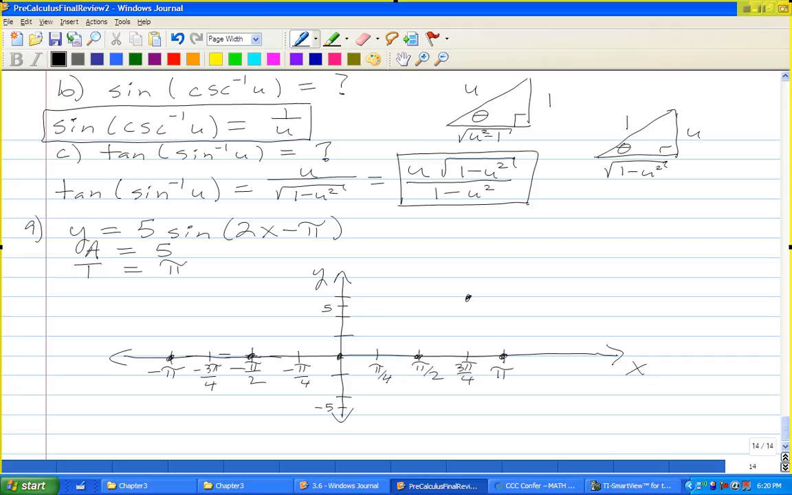So at 3 pi over 4, if you plug in, that's 3 pi over 2 minus pi, which is pi over 2. Sine of pi over 2 is 1. And so I'm here at 5. There it is, 5. At pi over 4, that's going to give you minus pi over 2, which is a negative. At negative pi over 4, that's a negative 3 pi over 2, which is